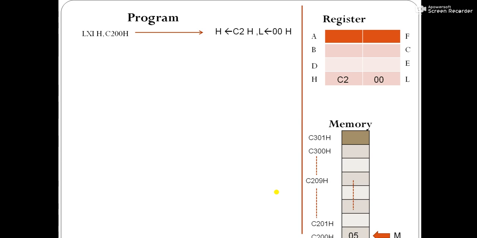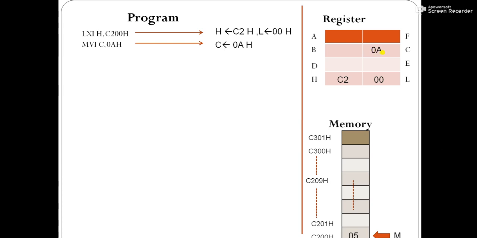Next, we have a total of 10 memory locations. So we have to visit each memory location and look at each number, so we are doing the same process 10 times. So we need to set a counter. The counter can be any register. Here we have taken register C as the counter, in which we are storing the data 0A, that is 10. So now the C register will have the data 0A.